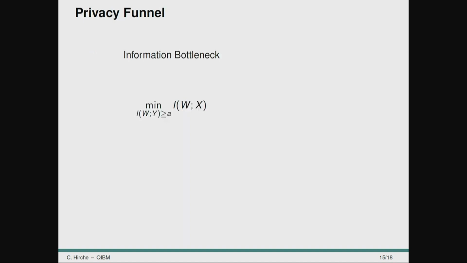And before I finish, I want to discuss one last thing we have in our work, which is a very related concept, which is the privacy funnel. So if you start from the information bottleneck, you get the privacy funnel by doing one easy step. You exchange the 2 mutual informations in their place. Now, this is called the privacy funnel. And you might be wondering, is that even any meaningful thing to do?